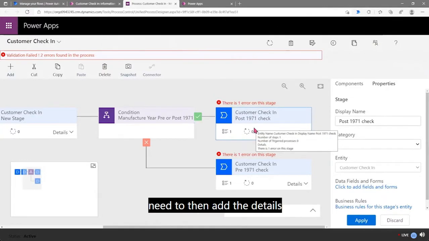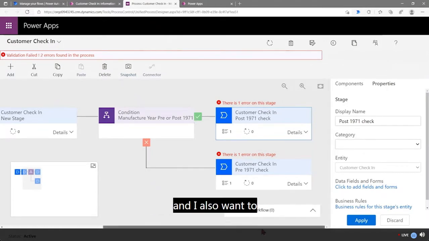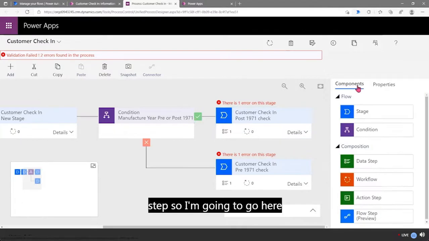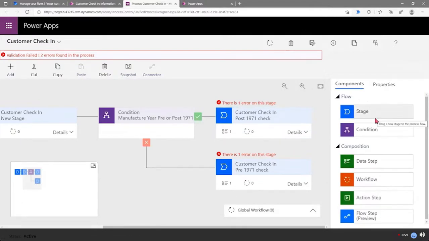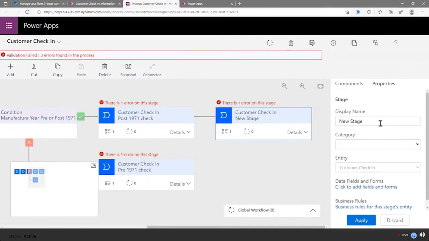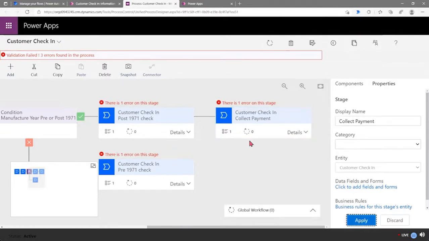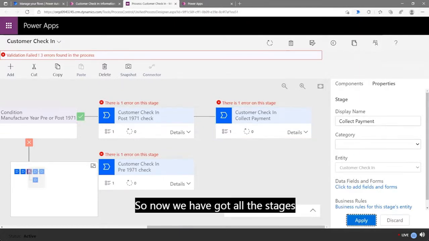Now in here, I need to then add the details for this one. And I also want to collect the payment if it's post. Okay, so we can add another step. So I'm gonna go here and then add this one here. And then let's call this collect payment, and then we'll apply. Okay, so now we have got all the stages that we need,